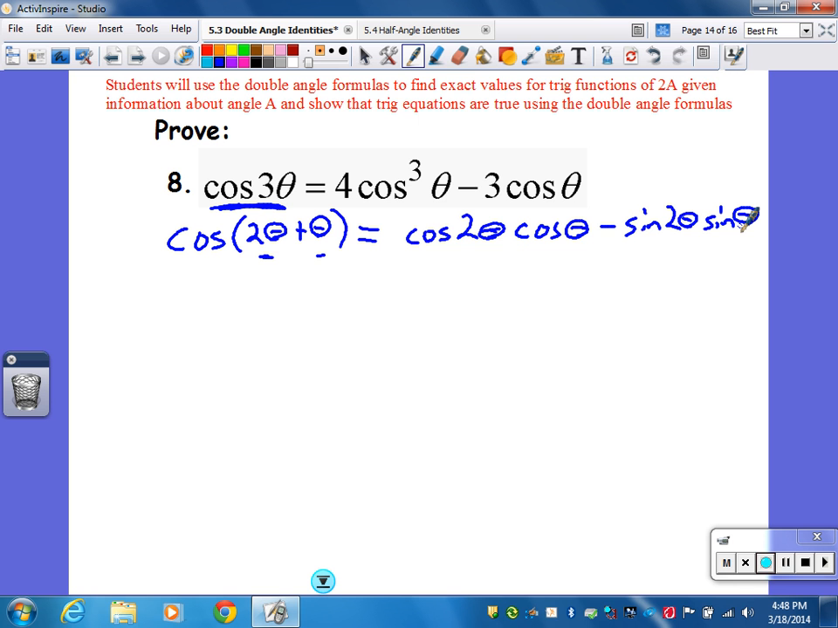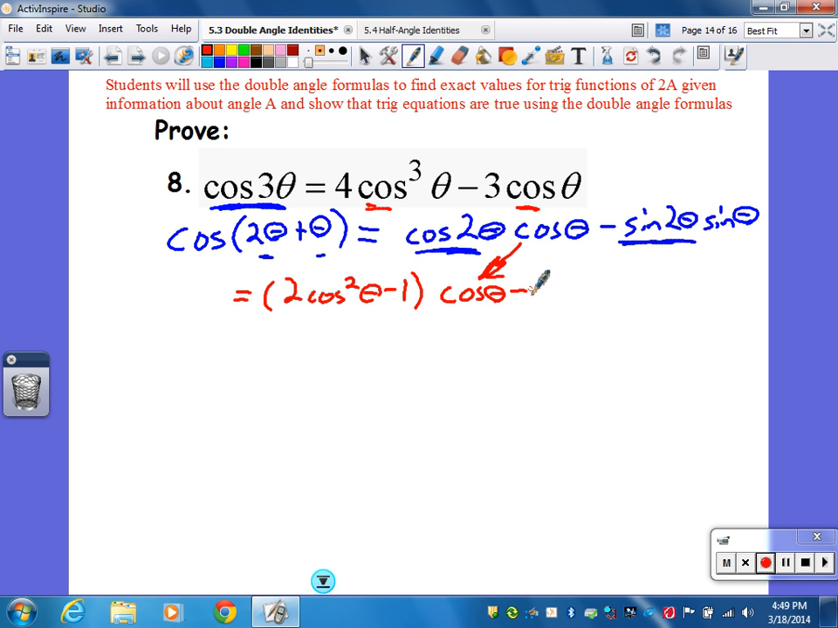Hold the phone. Look at this right here. We have double angles right there. So now that's going to change what we have again. So cosine 2 theta, I'm going to use 2 cosine squared theta minus 1, and then bring down your cosine theta. The main reason I'm going to use that is I know I need a bunch of cosines here and here. Okay, so now I have